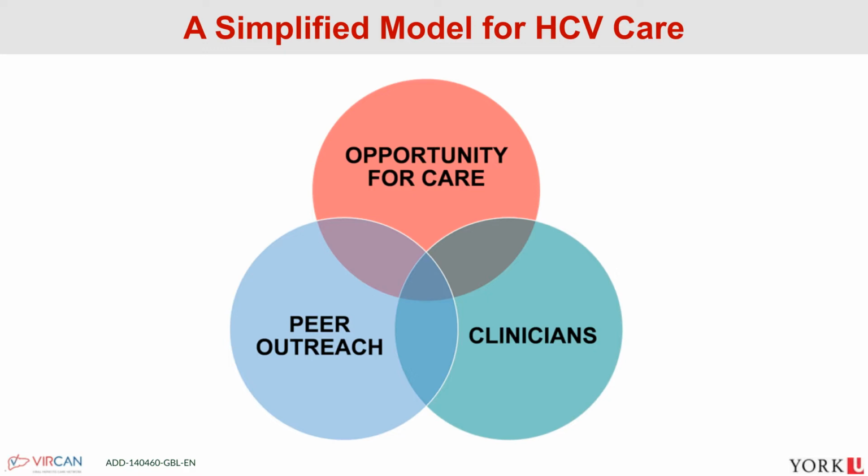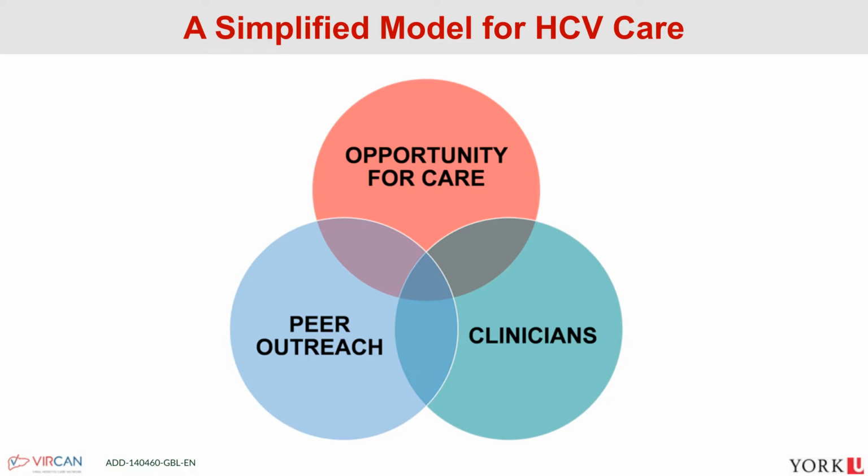We've also found that a major aspect of all of our programs is engaging peers, or people with lived experience. And I use the word peer in a broad sense. It could include people who have experience with hepatitis C, but it could also just be people who have a shared journey. So, if we're doing a program with women who have experienced violence, our peer might have had some of that shared journey. The same would be true of people who use drugs or people who have been incarcerated, where we know these models are really the best way to reach individuals.